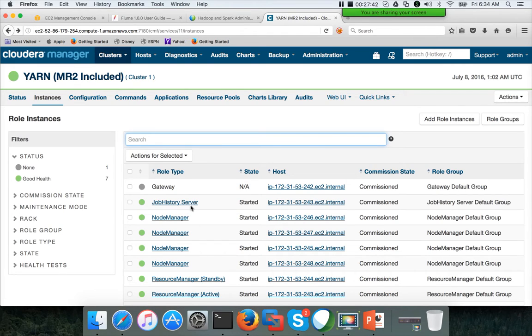Typically, if you have high availability, we will be having the resource manager on both the nodes and the job history server on one of them. If you are using a typical configuration where there is only one resource manager, it is a good idea to move the job history server onto a different node than the resource manager. Then you have node managers running on 245, 246, 247, 248.